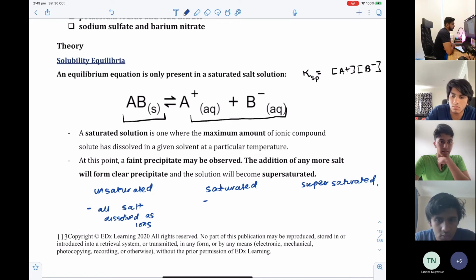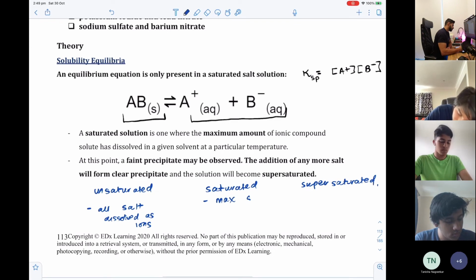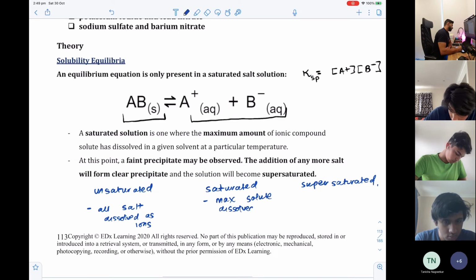Good. And I'll ask a broad question to all of us. When a solution is saturated, Gerald has mentioned, we have the maximum amount of solute in solution. So when it's unsaturated, it has a sub-maximal amount of solute in solution. So all of the solute has dissolved. That's what it means when it is unsaturated. All the solute has dissolved, and there is capacity to dissolve even more solute. When it is saturated, we say that the maximum amount of solute has dissolved in a solvent